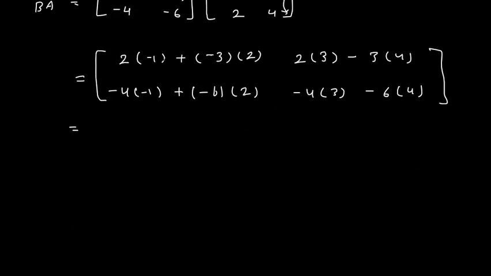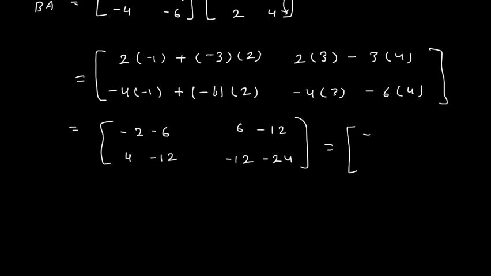So this is equals to, here we get minus 2, minus 6, here we get plus 4, minus 12, here we get 3 6 the 6, minus 4 3 the 12, here we get 4 3 the 12 and 6 4 the 24. So this is equals to minus 8 and this is minus 6, this is minus 8 and this is minus 36. So therefore now I have to find AB